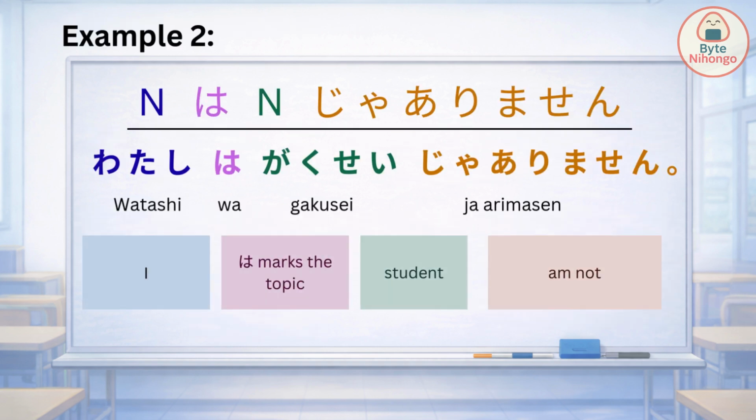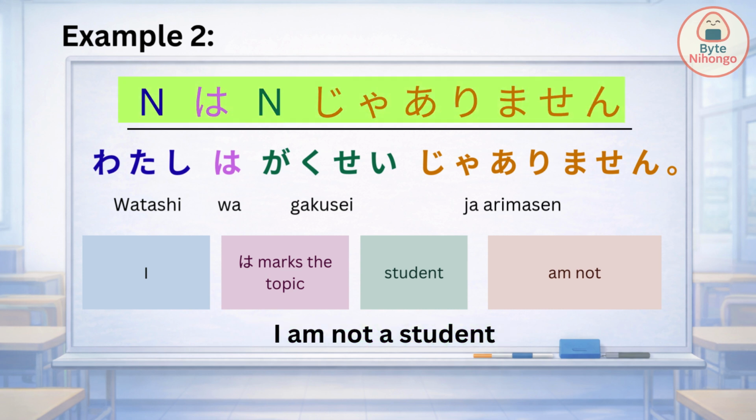Now, let us look at the standard example. 私は学生じゃありません。 Let's break it down carefully. 私 means I. Wa marks the topic. 学生 means student. じゃありません means am not in this sentence. When we combine everything, the sentence means I am not a student. Notice that the sentence structure remains the same. Only the ending changes from です to じゃありません。